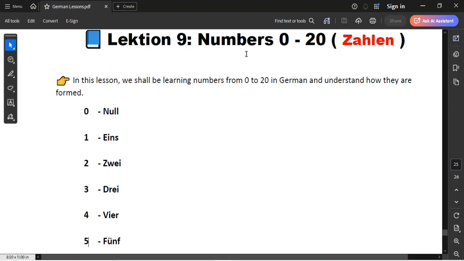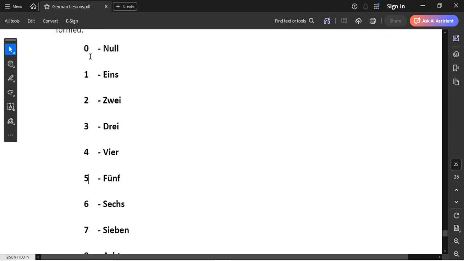Hallo Leute, welcome to today's lesson. In today's lesson we are going to look at lesson 9, whereby we shall be looking at numbers from 0 all the way to 20. In German, numbers are called Zahlen, and in this lesson we shall be learning numbers from 0 to 20 in German and understand how they are formed. The first one we have is 0, we have null,